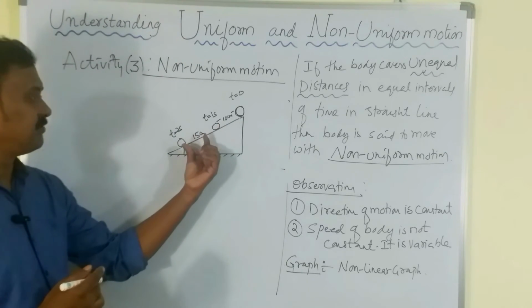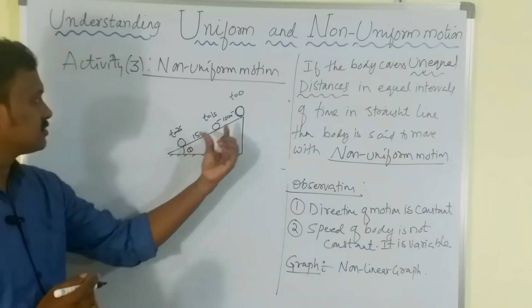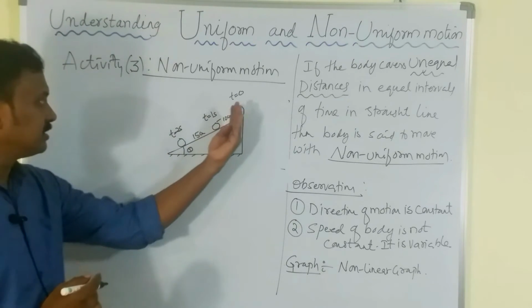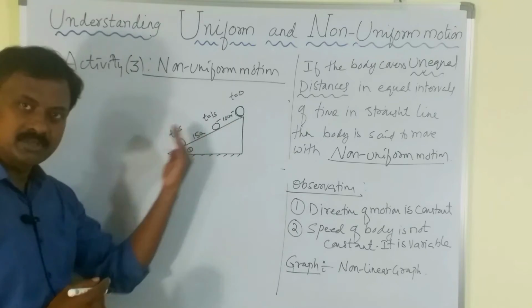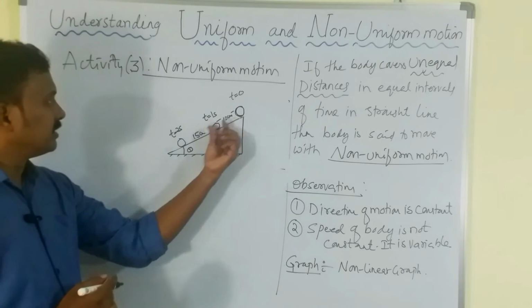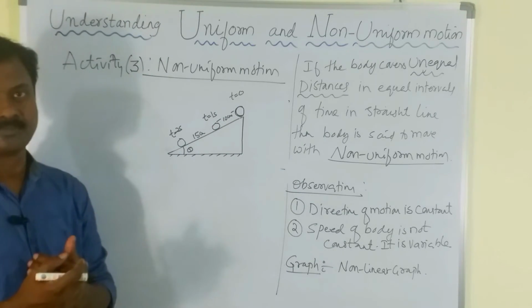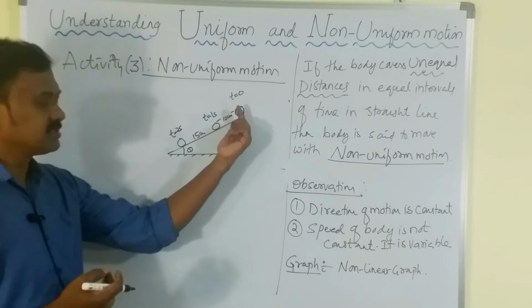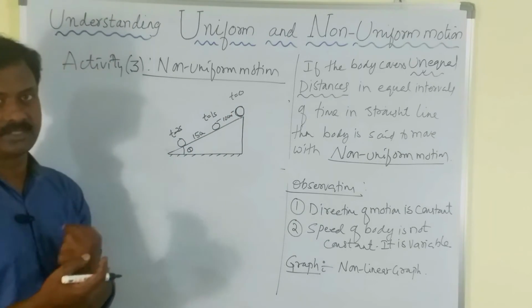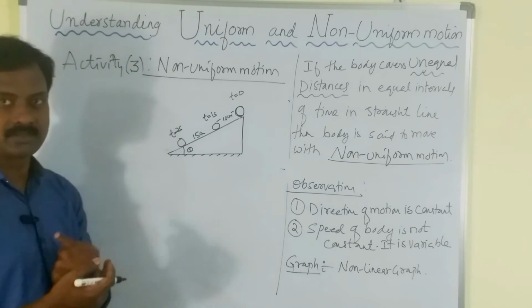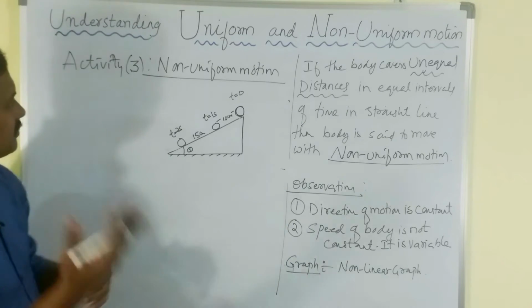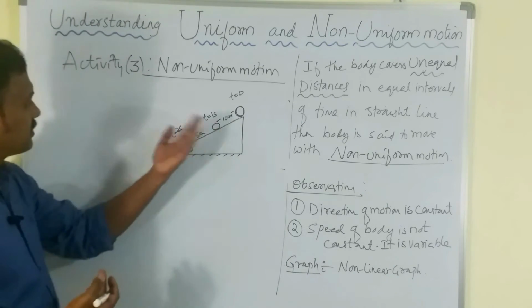10 centimeters, 15 centimeters. That is what is happening as the time proceeds. As the time proceeds, we can see that the distance is increasing. So we can say that the speed of the body is increasing. The speed of the body is not constant. If you take the opposite case,